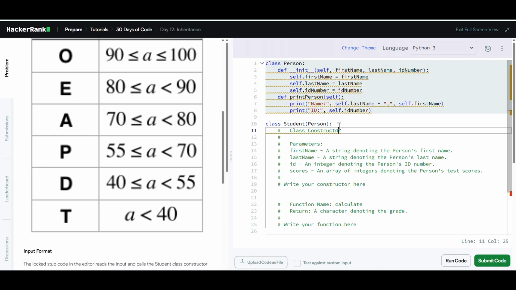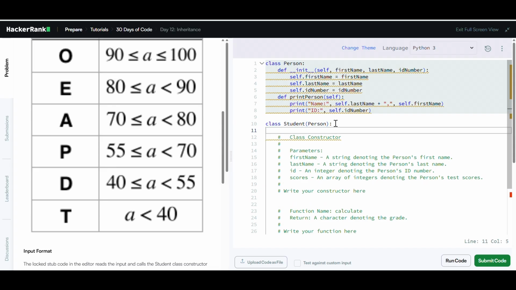Here our first job is to create the Student class. It is already created over here and it is taking the properties of the Person class, which is the parent class.